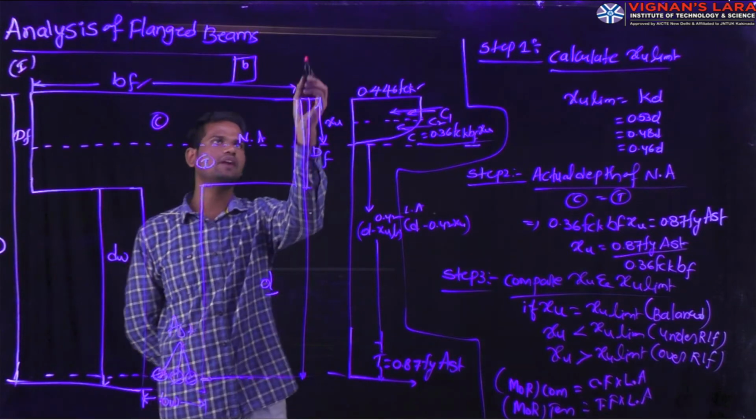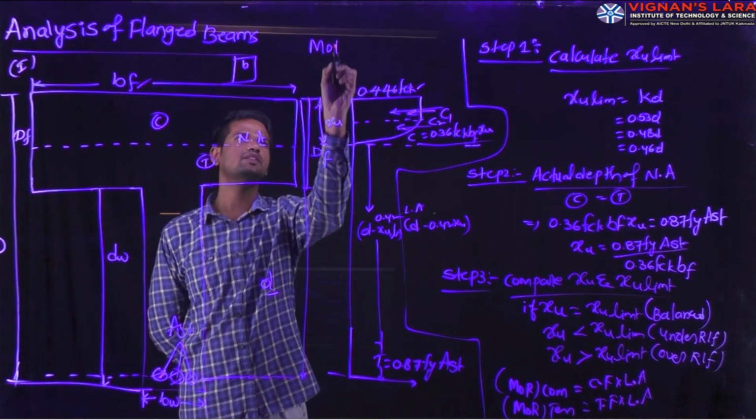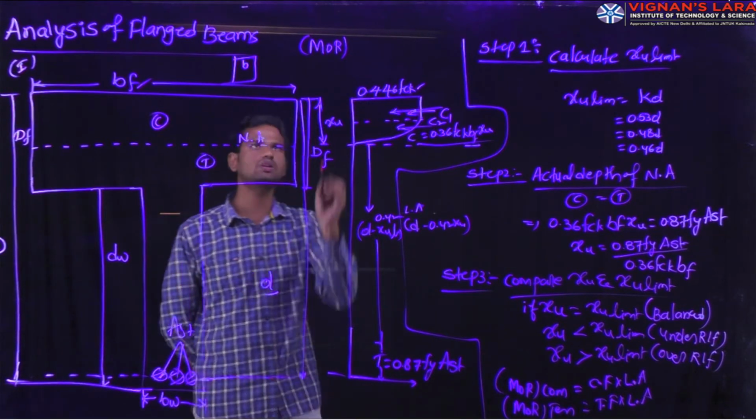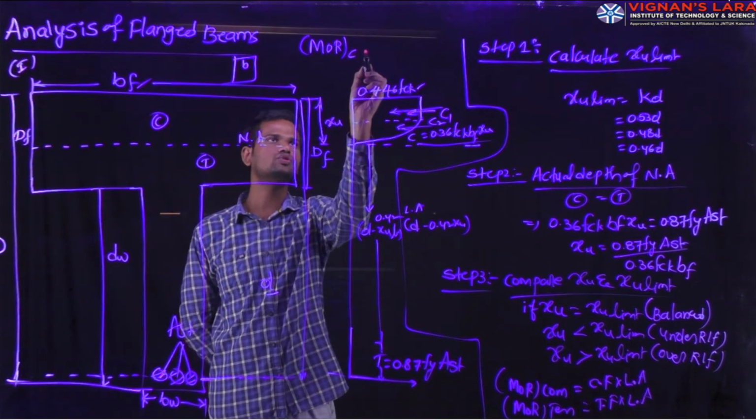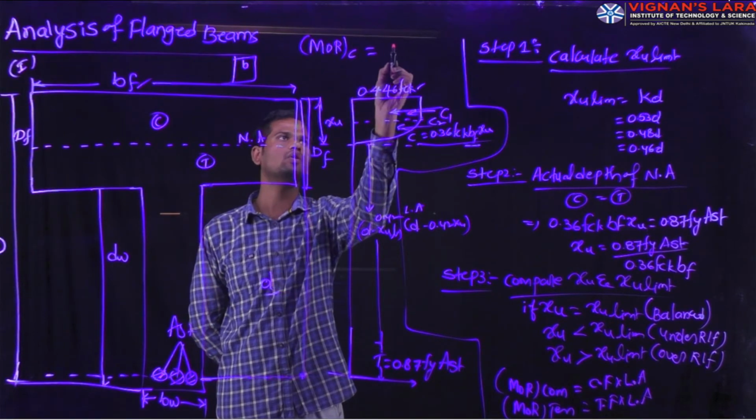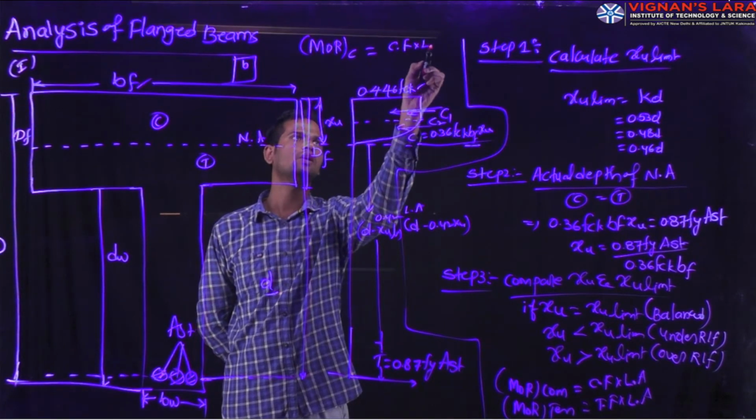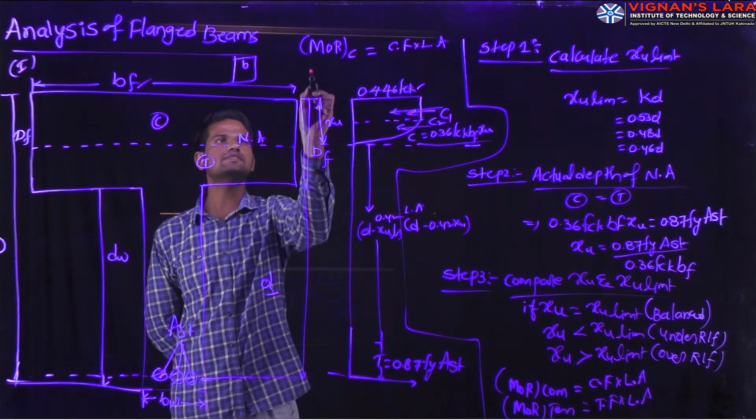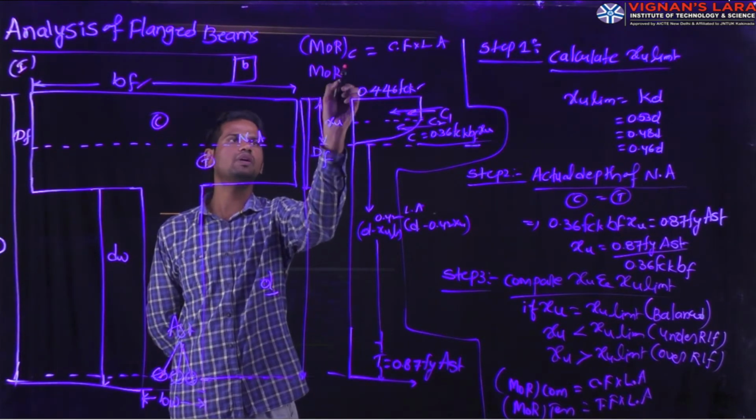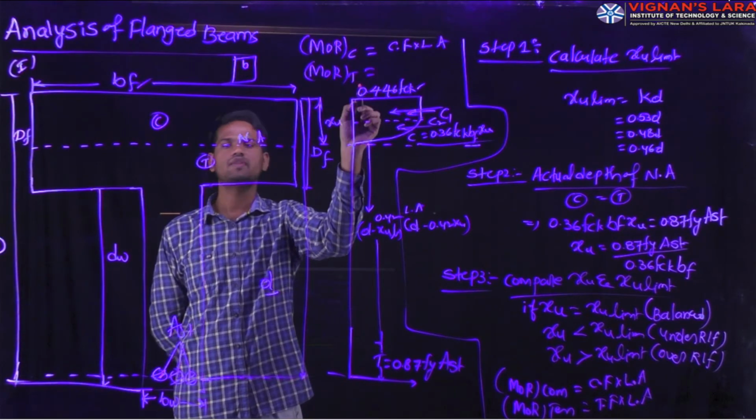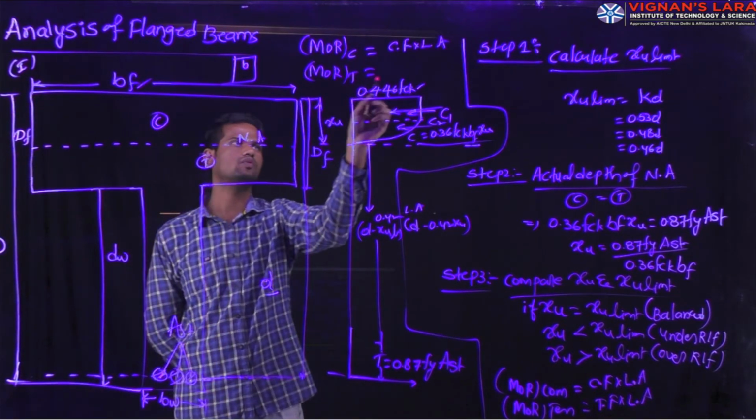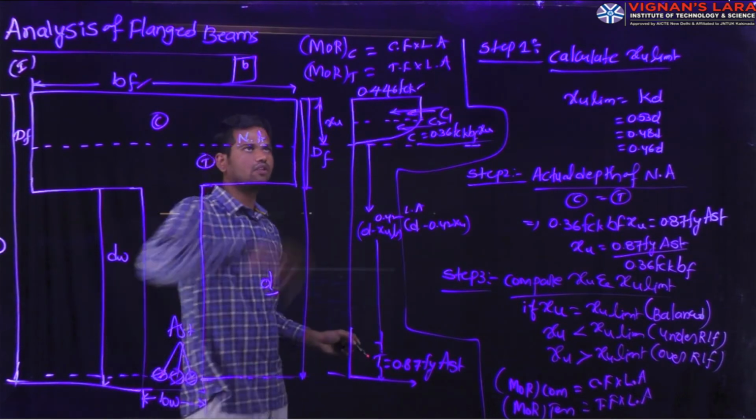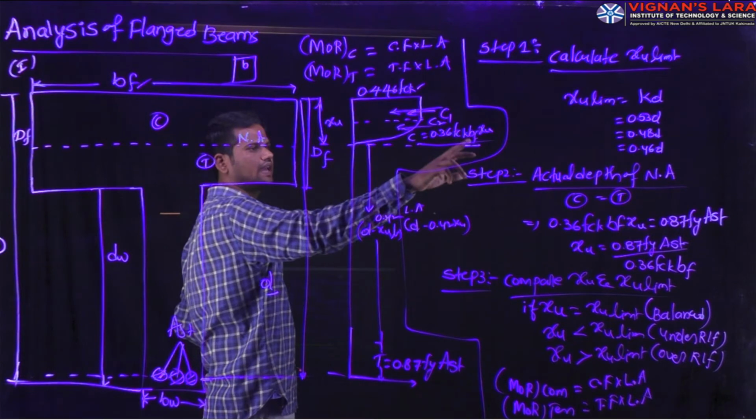That moment of resistance of the concrete of the beam is nothing but, suppose if you want to calculate the moment of resistance for the compression zone, that moment of resistance for the compression zone, MORC, equals compressive force into lever arm distance. As well as if you want to calculate the moment of resistance for the tension face, the moment of resistance for tension face equals total tensile force into lever arm distance, where 0.36 into FCK into BF into XU